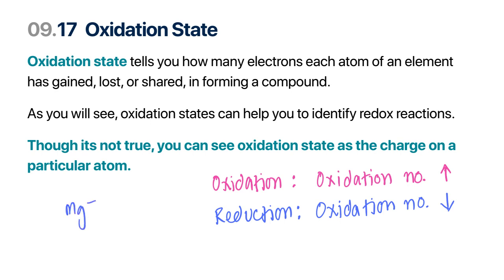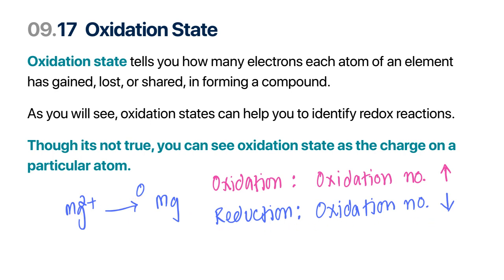Magnesium with a positive charge turns into magnesium metal. Sorry, 2 positive, right? Magnesium normally has a 2 positive charge. What's happening to the charge? Well, it's turning into 0. This is also the oxidation number. It's from 2 positive, it's turning into 0. Is it increasing or decreasing? Let me also write that down. 0. Well, the oxidation number is decreasing. It's reducing then,